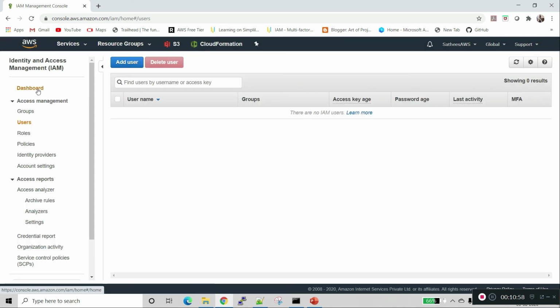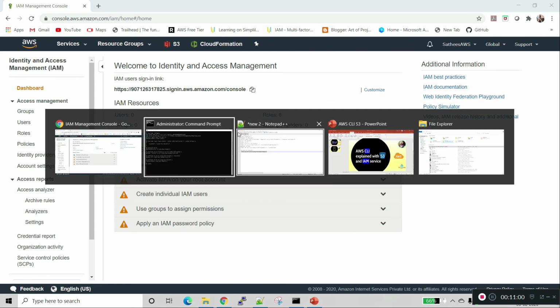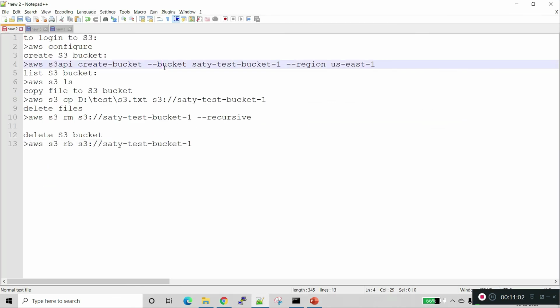It's very simple to run the CLI tool for AWS. As a developer, we don't need to go to the console every time to work in AWS. We can use the AWS CLI command line to access our resources. We can even create a virtual machine using the CLI tool.